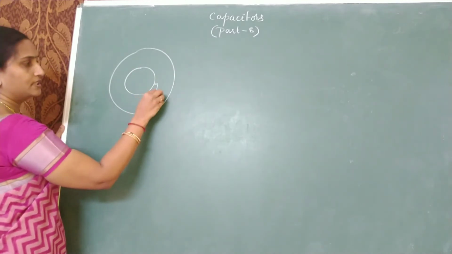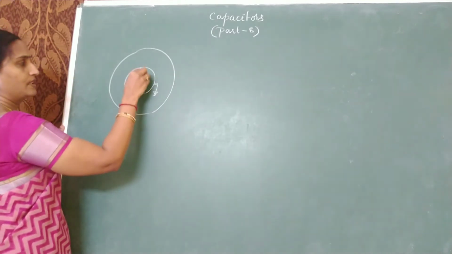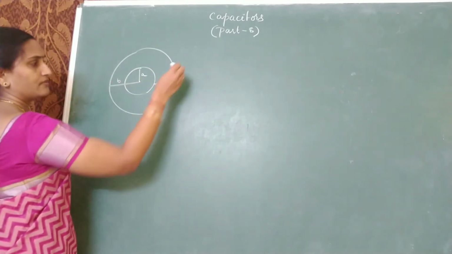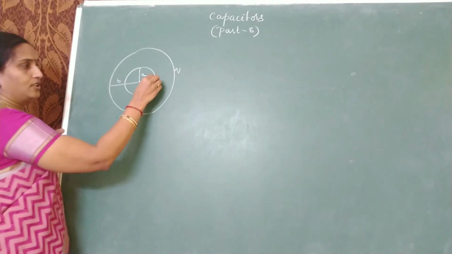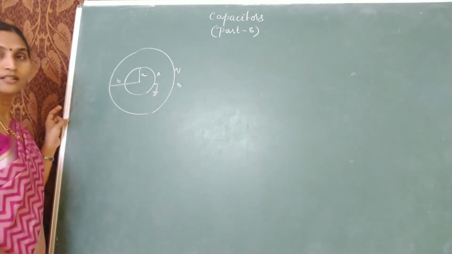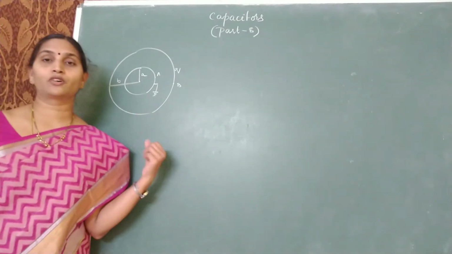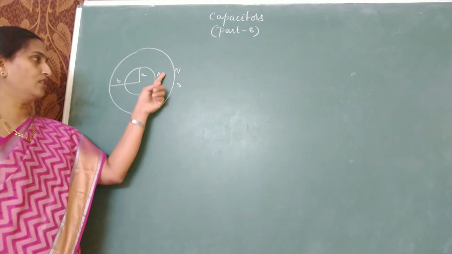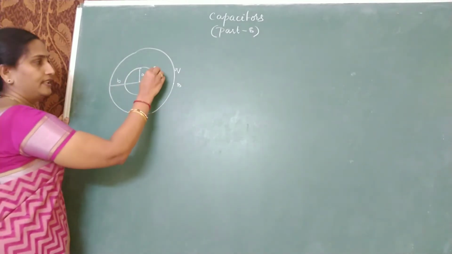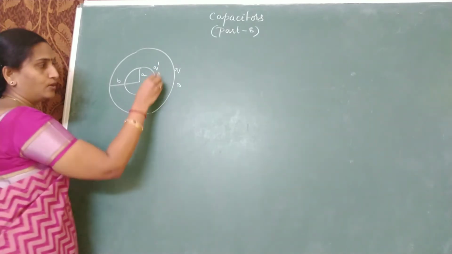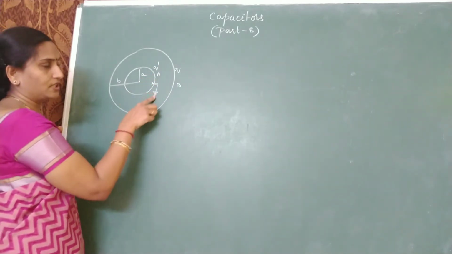Okay, I will earth the inner shell. A and B. A charge Q is given to the outer shell. Call this point A and this point B. So what is the first step I told you to solve this type of question? Find out what will be the charge which is obtained on the earthed surface. Let the charge be Q dash. If I take it as Q dash, the potential at A should be 0.